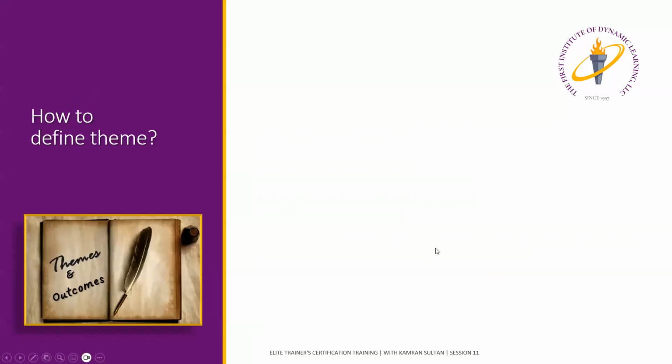So before you start doing anything else in designing a training program, first you decide the theme of your program and the outcome that your program will achieve. Okay. That's the destination that you want to reach through your training program. So your training program becomes a means towards achieving the end result, and that end result is the outcome. Okay. So how do you define a theme? So let me just